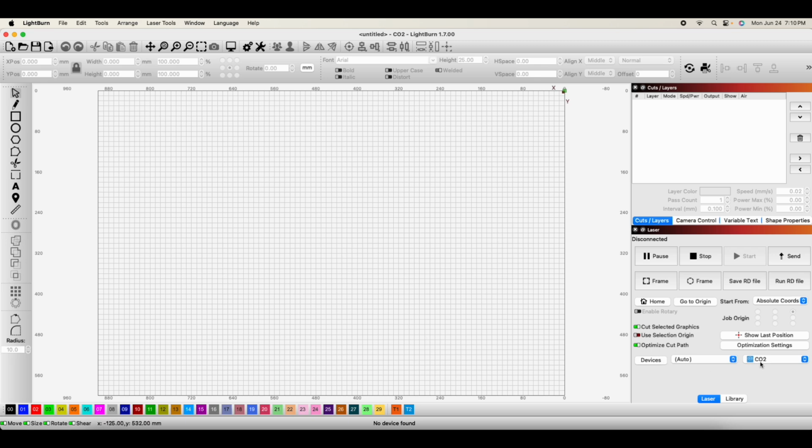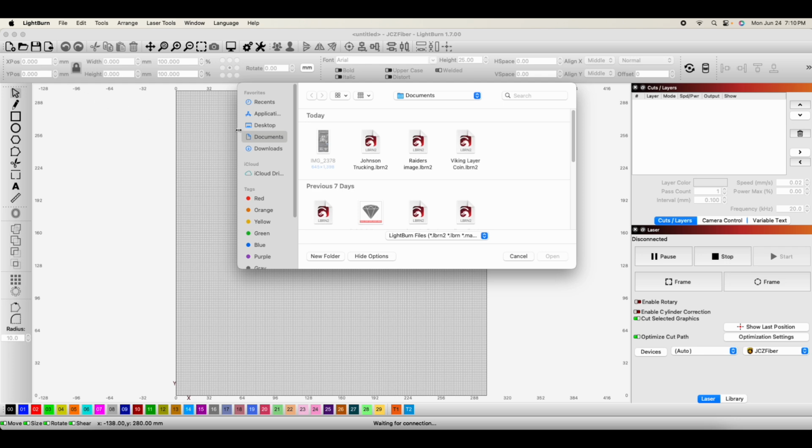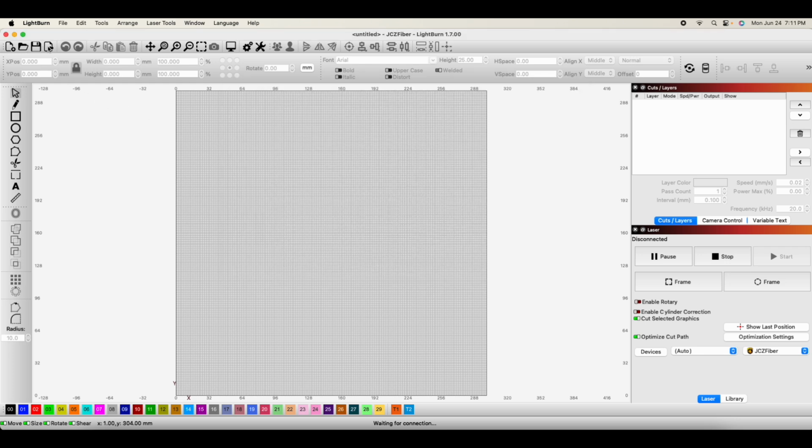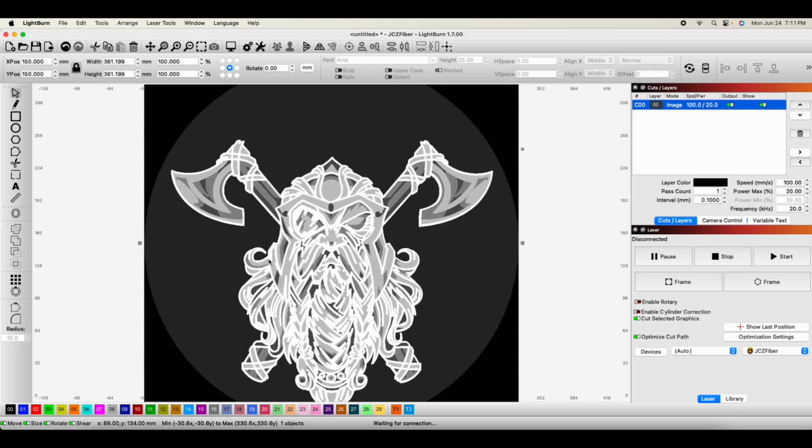Alright, here we are in Lightburn, and we're going to switch from CO2 to a fiber laser profile, since that's what we're going to be using for the engraving. Go ahead, and I accidentally hit open. What we want to do is go to import, and we're going to select the PNG that we just downloaded